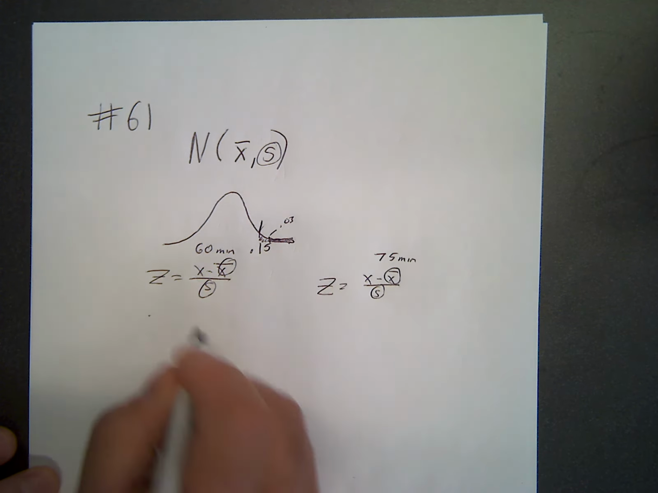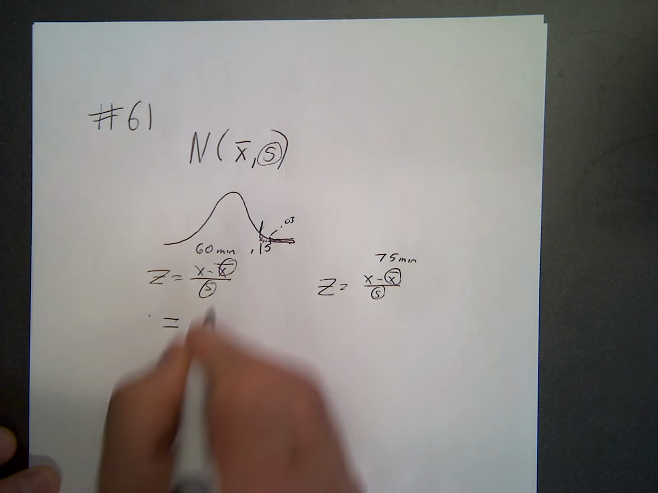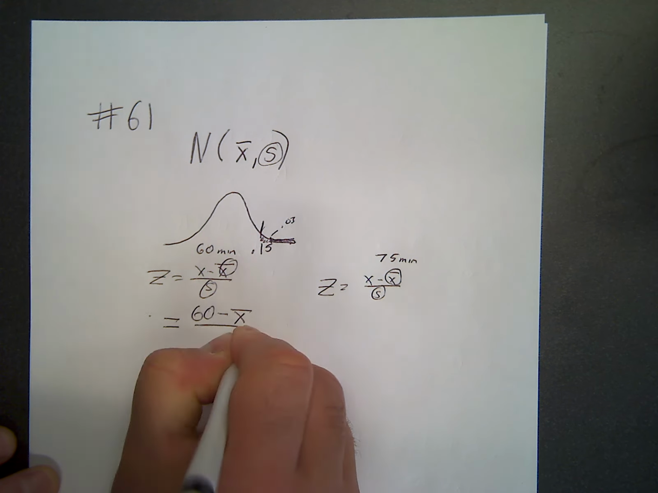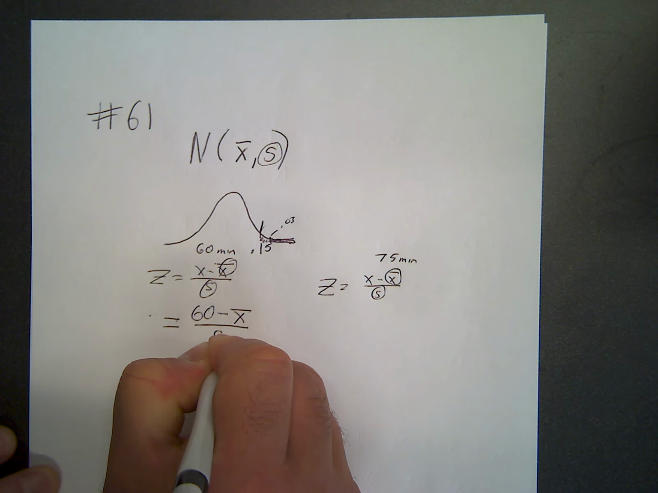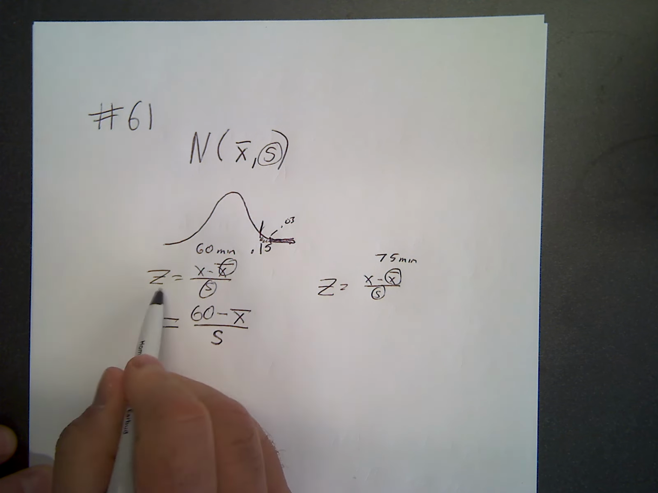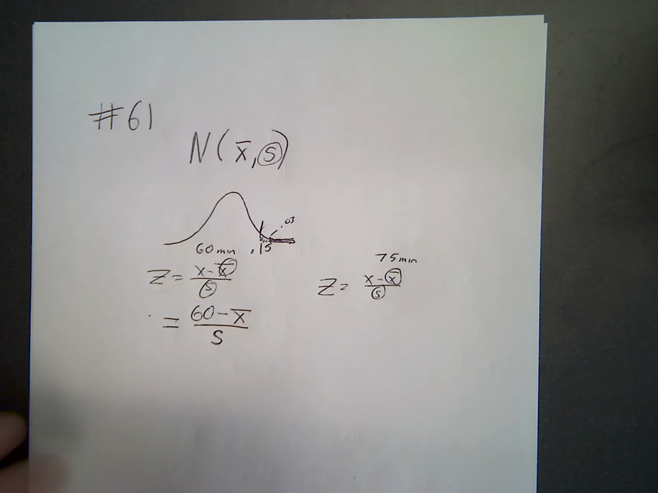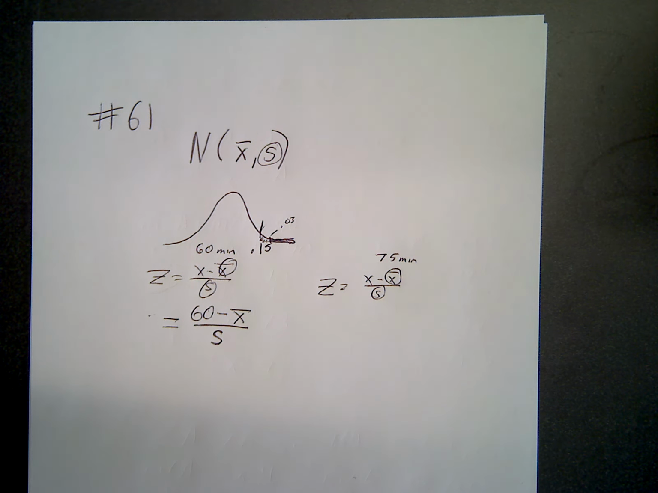Okay, so for the first one, 60 minus our unknown mean over our unknown standard deviation. We have two unknowns here. Here's how we can figure this thing out. Now, there's two ways to do it. One is use table A. And if you're using table A, let me show you that real quick. And I'll show you the way I like better. If I'm using table A,